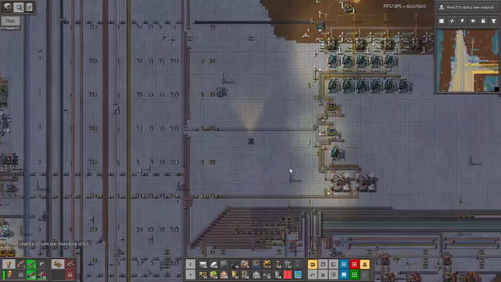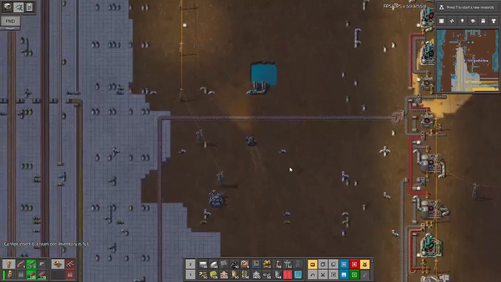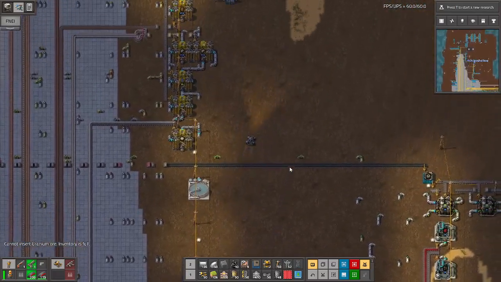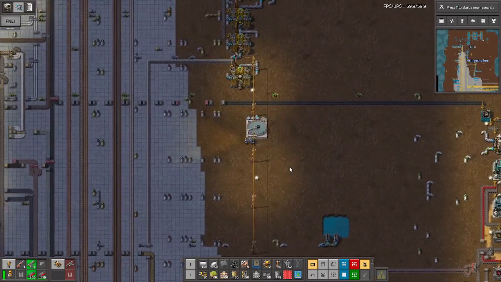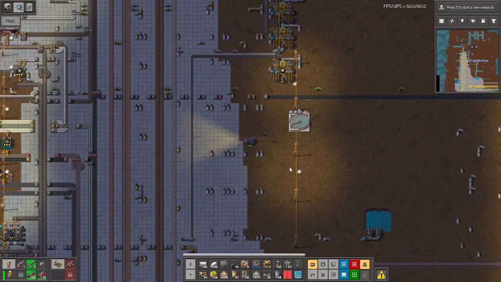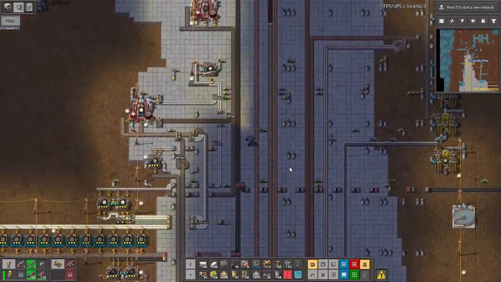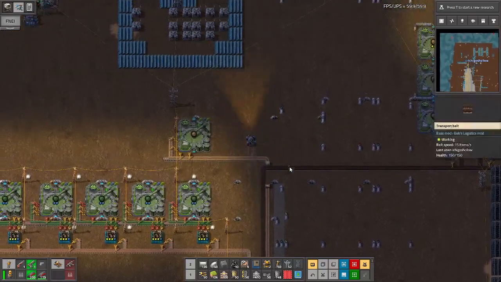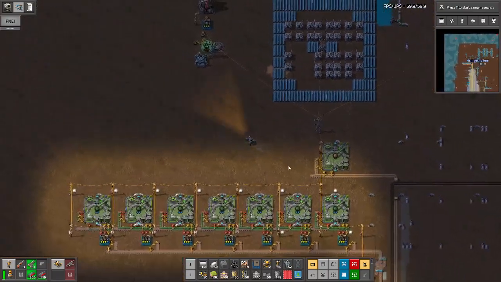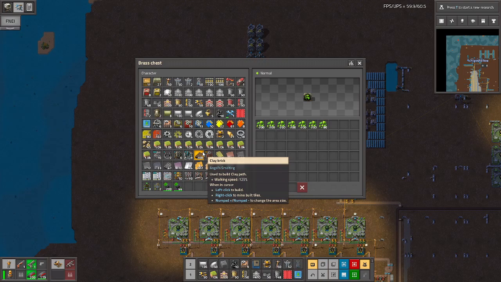And I would have put it over here, but it'd be in the way. And I was, crap, sorry. Kinda hoping I can get it on a, what's the word I'm looking for? Where I don't need constantly uranium coming in. I can just reuse what I produce. But